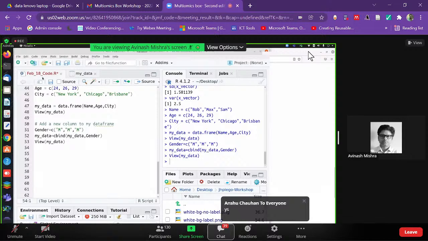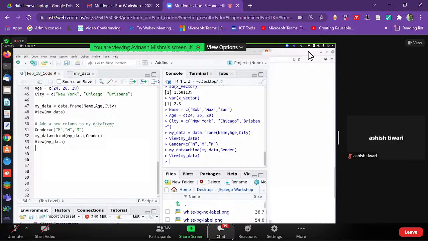And every time, whenever you see a red color in the name of your file, it means it is unsaved. So say Control S, and it becomes black, which means it is saved. Now let's add a new row. New row means a new data point. Suppose tomorrow a girl came into this data, into this class or whatever it is, and you want to add her data